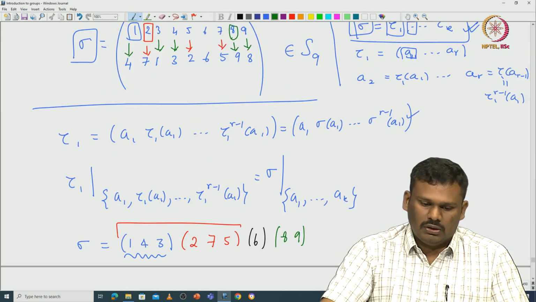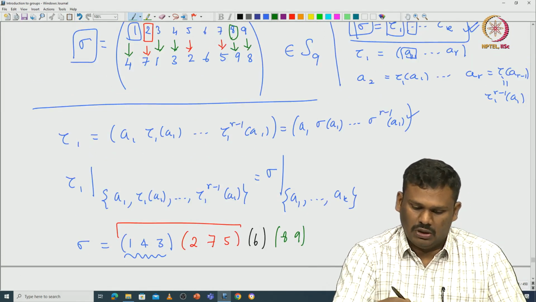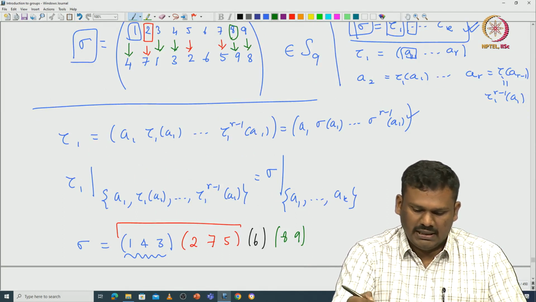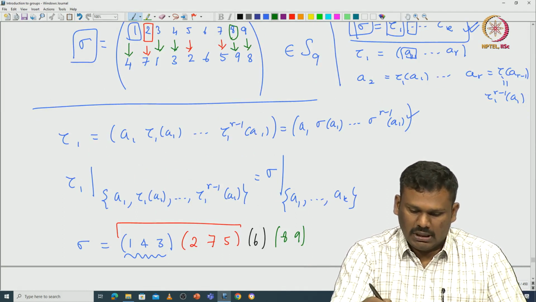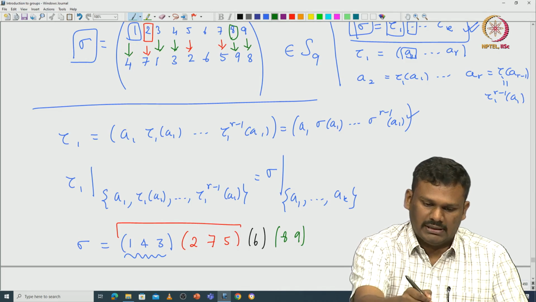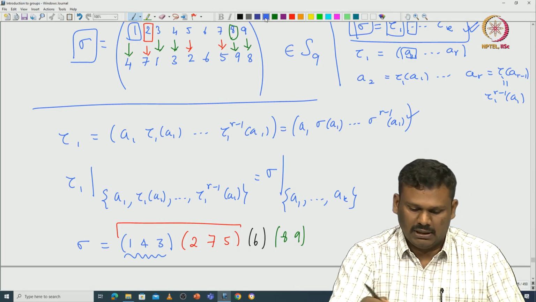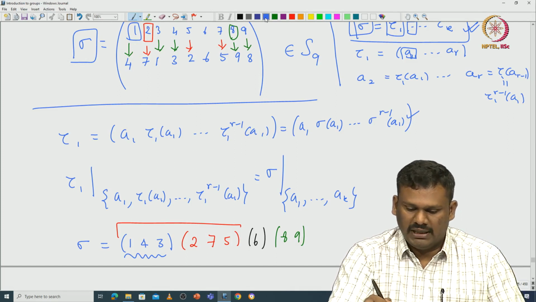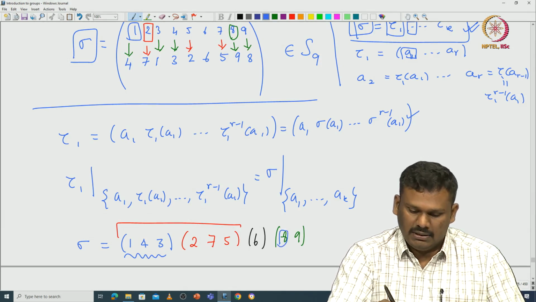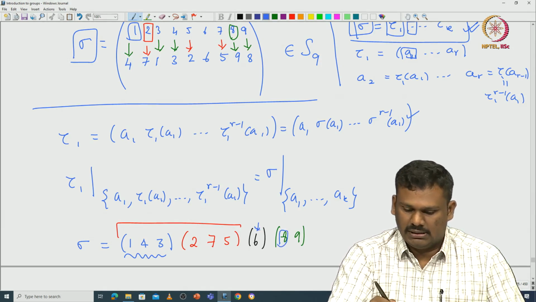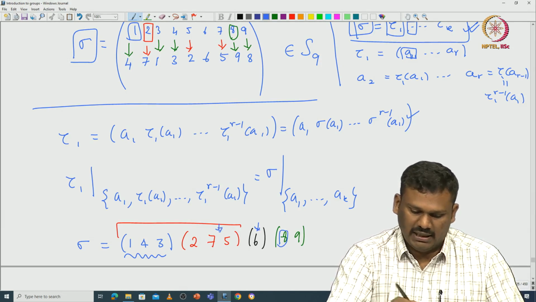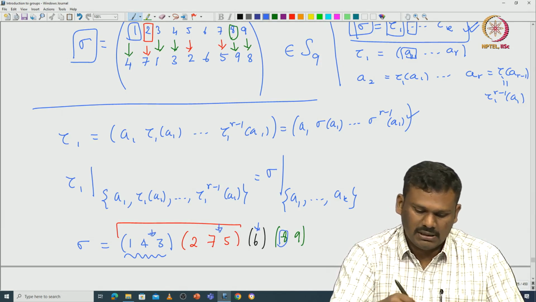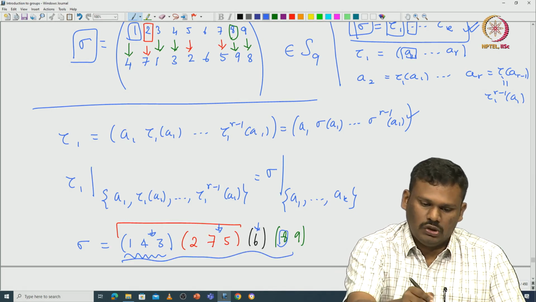So, now if you want to double check whether what you did is correct or not, you can actually just calculate what is on the right side. This is a product of cycles. You can see, for example, what will be the image of 8. So, 8 goes to 9, but 9 in this particular cycle is fixed, and it is fixed again here and here. So, that means in this product 9 actually goes to 8.